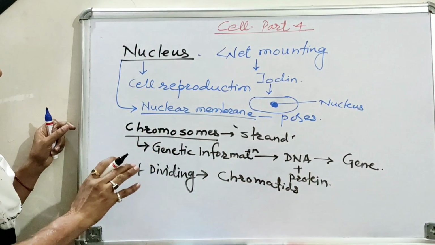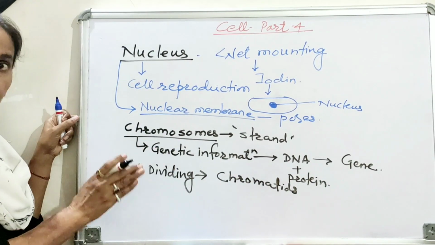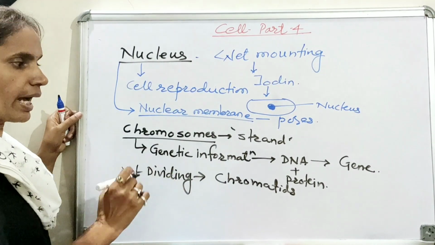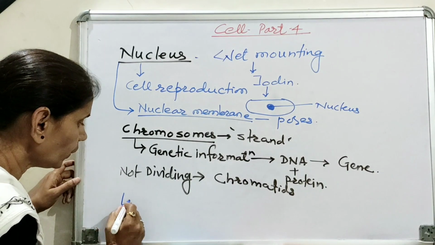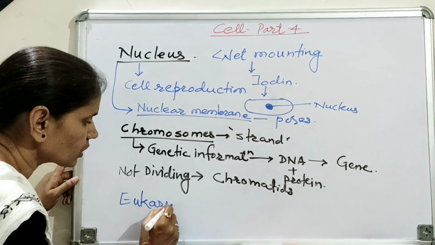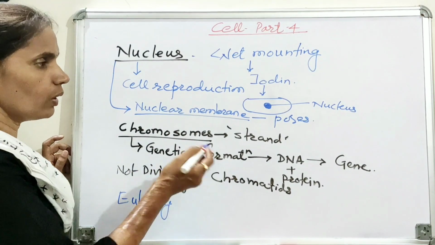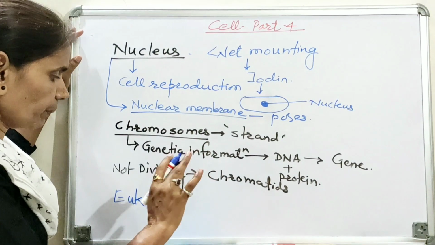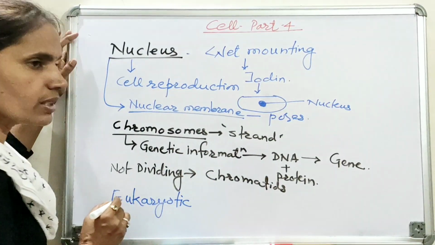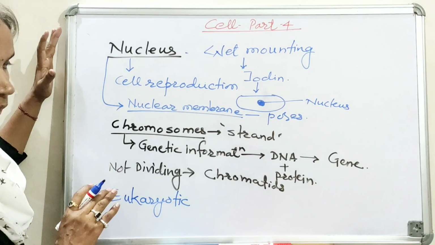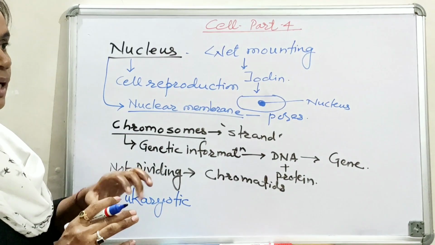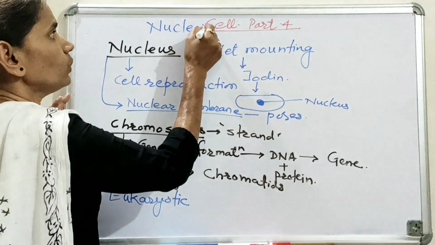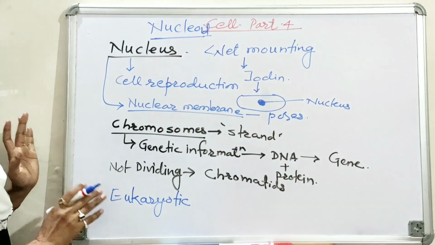So the structure of nucleus is different at the different stages of cell division. Now this well-defined nucleus is a characteristic property of eukaryotic cell or mostly in case of the different multicellular organisms. While such a well-defined nucleus is not present in case of prokaryotic cell. Now in case of prokaryotic cell, the nuclear material is present in the form of nucleoid because this nucleoid is not having the nuclear membrane.